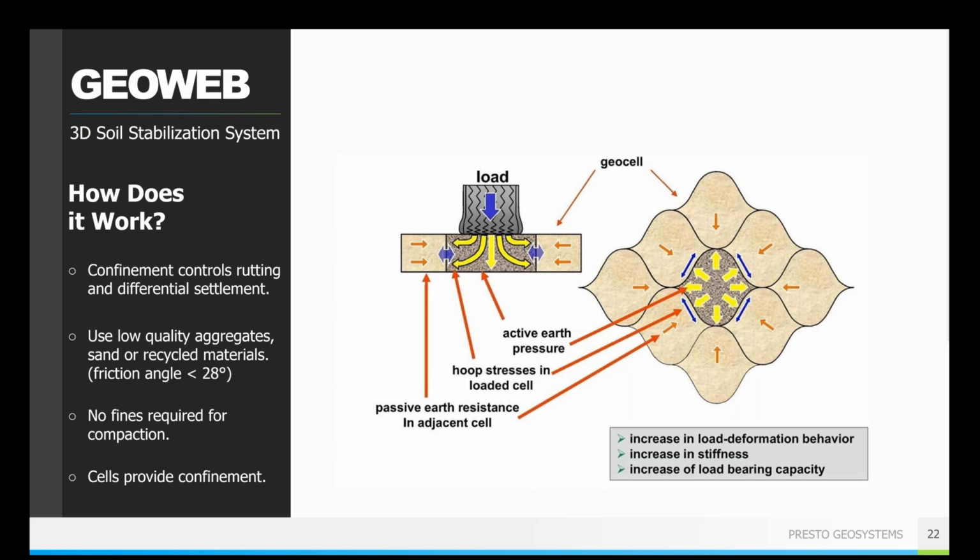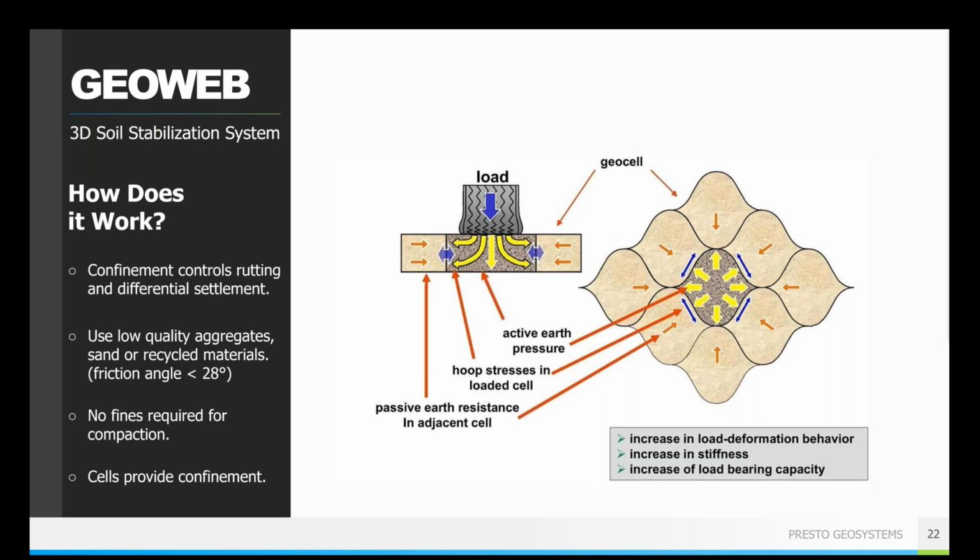So the strength of your internal seams, that ultrasonically welded point that I'd mentioned, your panel connection method, which in our case is the ATRA key, and the increased load bearing capacity through that mattress effect generated by the hoop stress in the cell walls are all key factors in enhancing a GeoCell system's performance. The GeoWeb system confinement prevents that lateral shifting of your infill material, thereby eliminating the rutting and controlling differential settlement through the drive lanes. So I know that was all a lot, and definitely feel free to throw some questions at me if I didn't quite cover everything, but